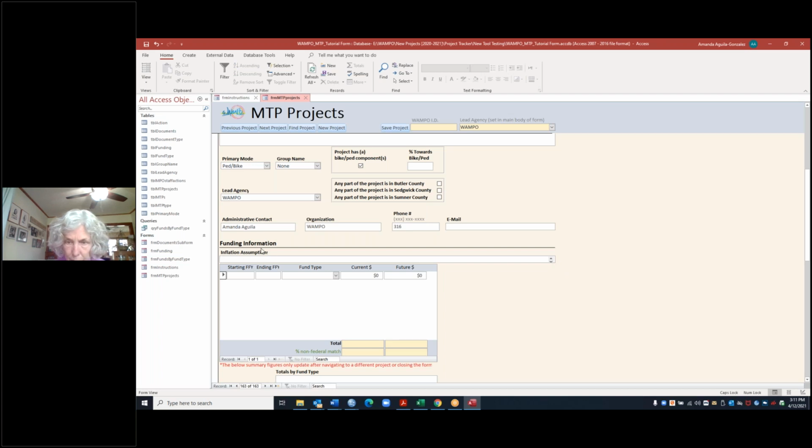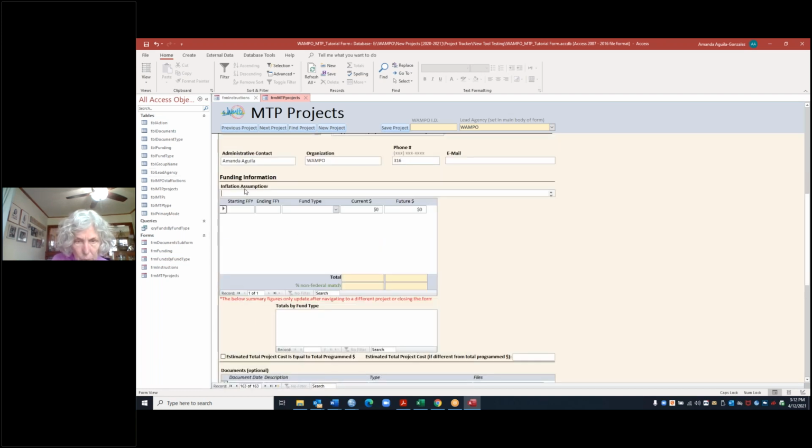So here you would move to the funding information. So this does look a little bit different than the tracker, like first glance, but really it's actually very much like the project tracker. So there's a little confusing things, and I'll go over those. So let's say it's a 4%. So you would just manually enter that here. And then once you move to the, oops,